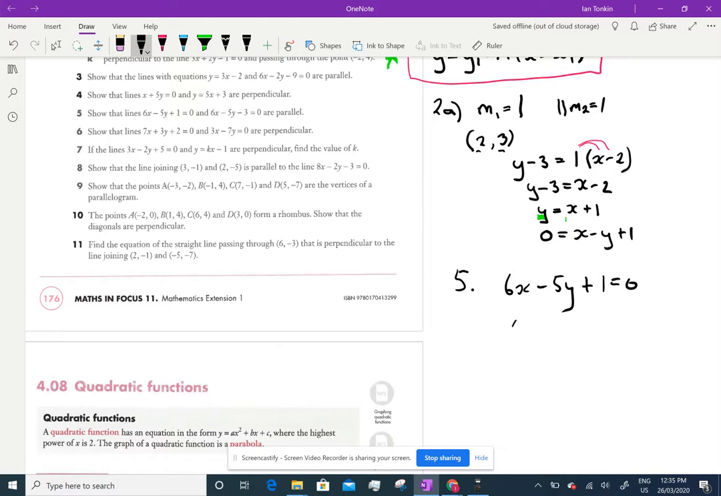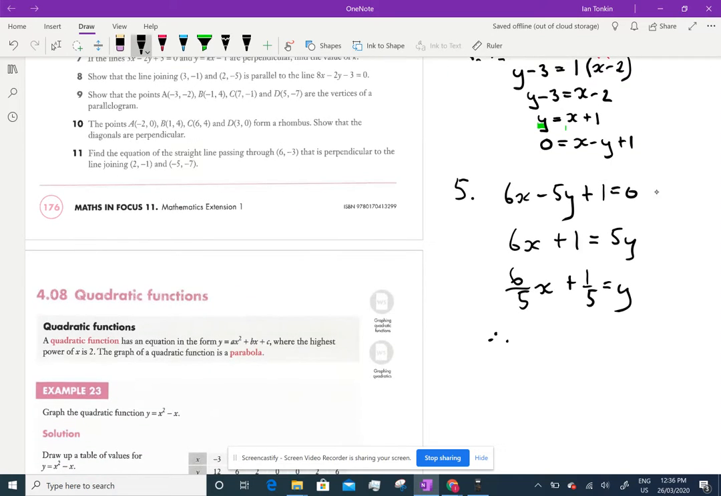So I'm going to take that 5y over the other side. 6x plus 1 equals 5y. I'm going to divide by 5. 6 over 5 x plus a fifth equals y. Therefore, m1 equals 6 on 5. Let's take the other one,